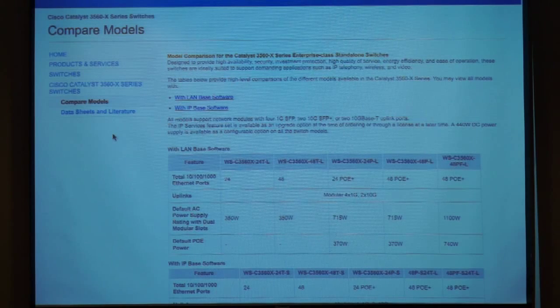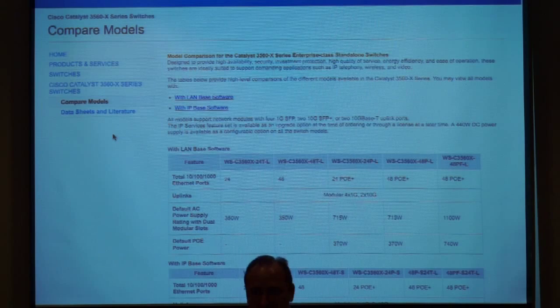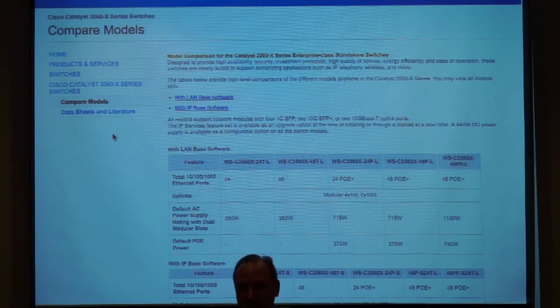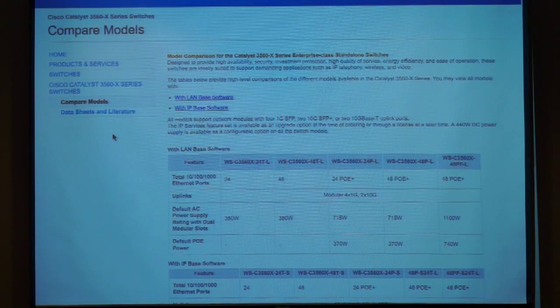So I see on here that they've got the LAN-based software and IP-based software. Does it say what the recommended current versions are and what versions will be? No, it will not tell you that. Now, if your customer has a version they want to have, it will ship with one, and they can downgrade or upgrade, whichever they want, based on their maintenance or requirements. A lot of customers might be running 12.4 and we ship it with 12.5, and they say we don't put 12.5 in our network, so we can upgrade or downgrade it.